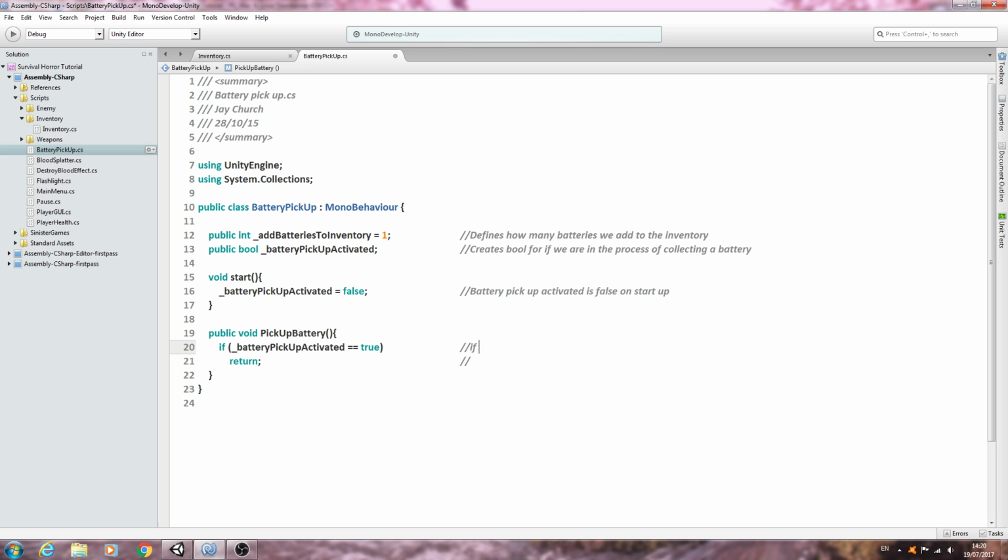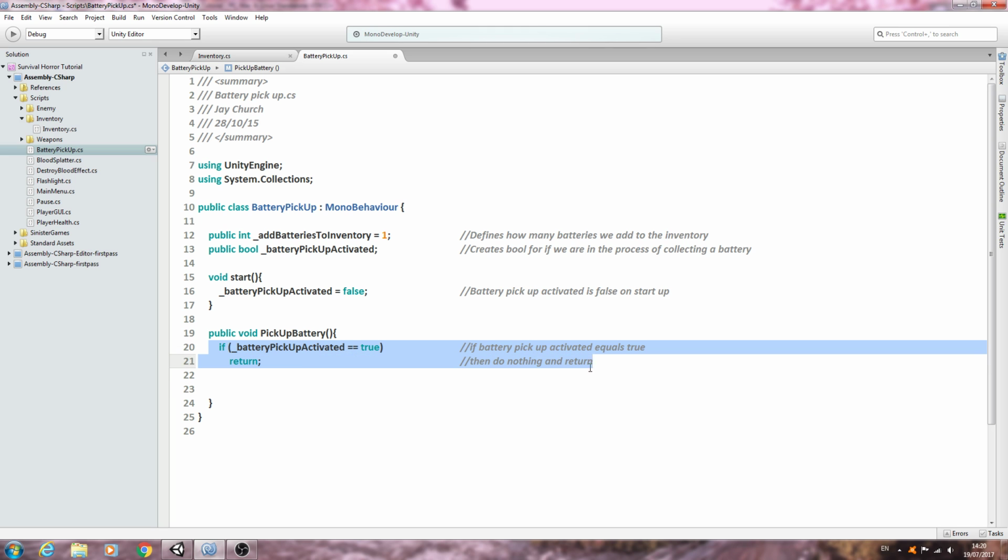We'll say if batteryPickupActivated equals true, and in the next line we'll put then do nothing and return. And I will come back and explain why this if block exists once we've actually finished the rest of this